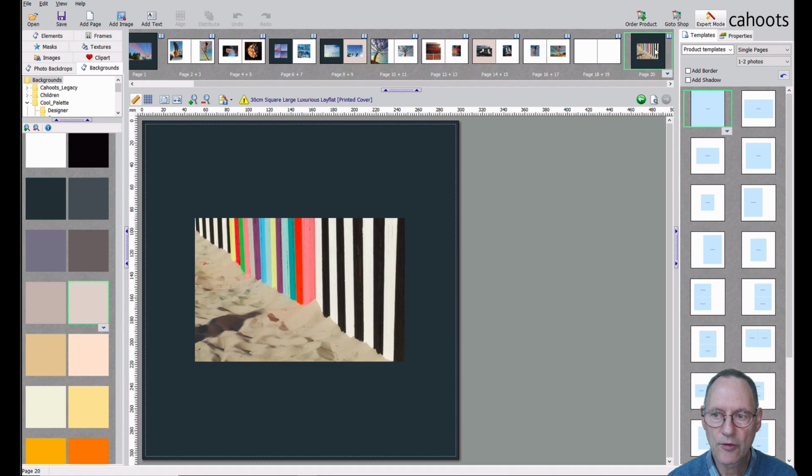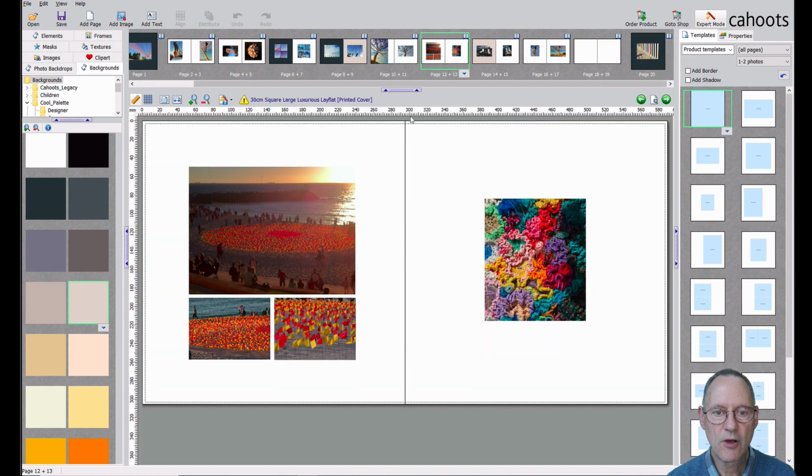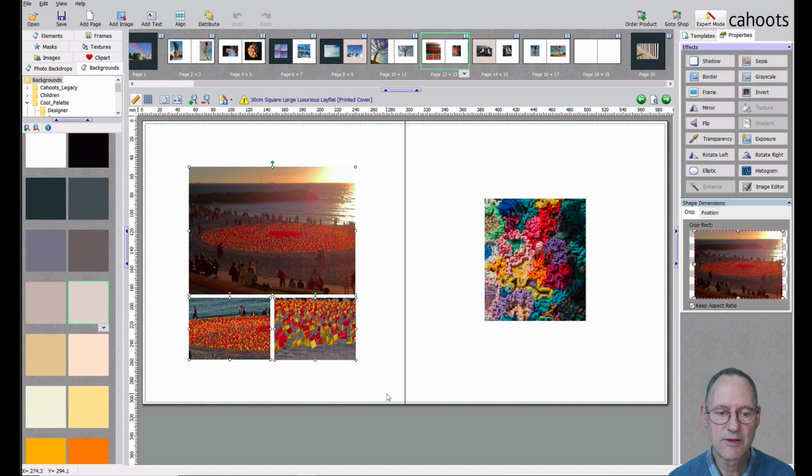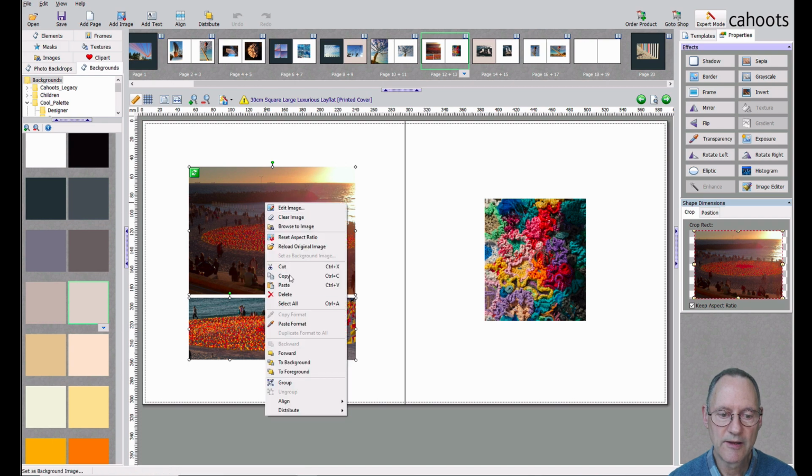If you want to move the content of your first and last page, or you want to move the content of a single page, you will need to use the cut and paste method. That's fairly easily done. Drag your cursor over the page content. That will select everything on the page. Then you can right-click, cut,